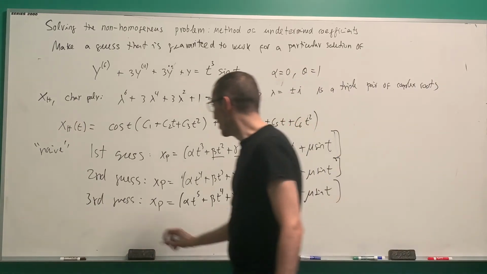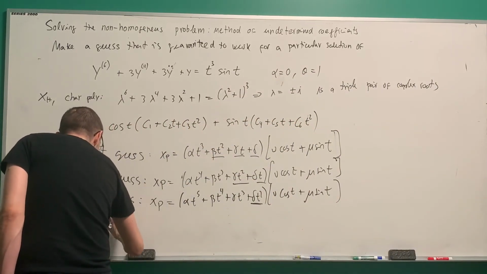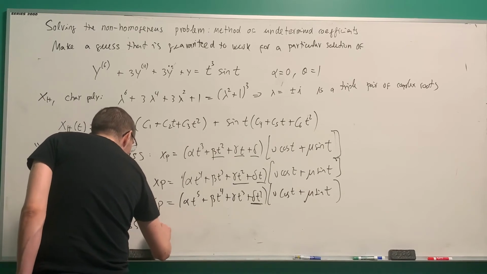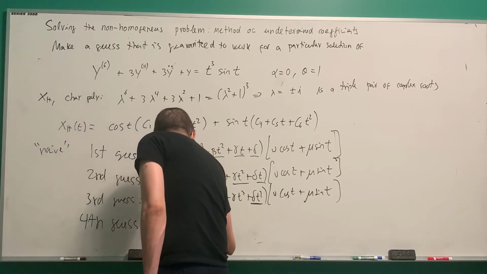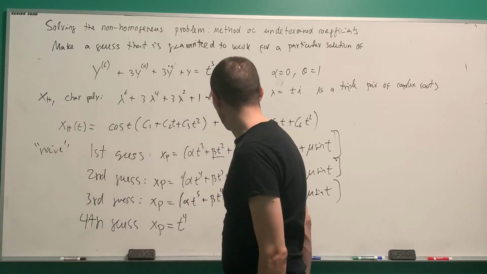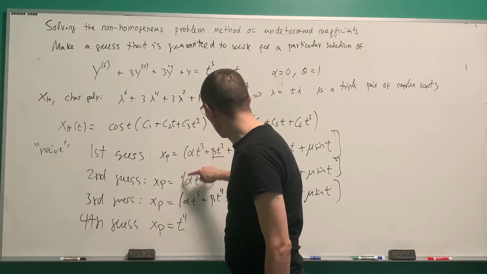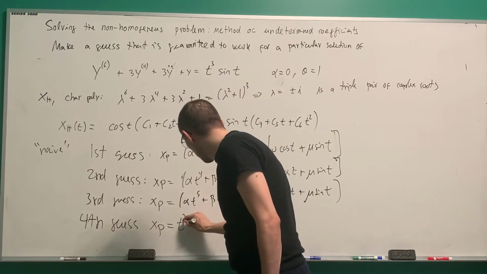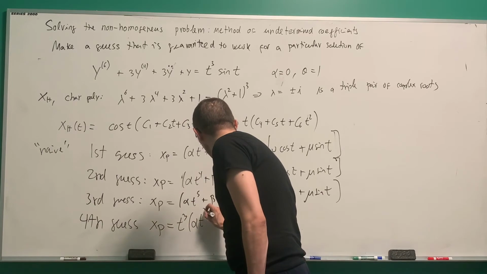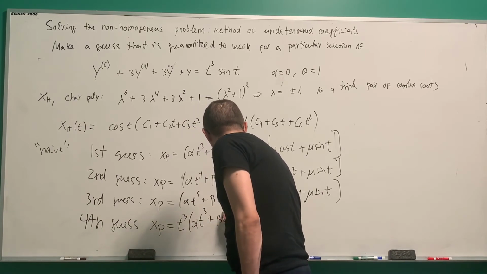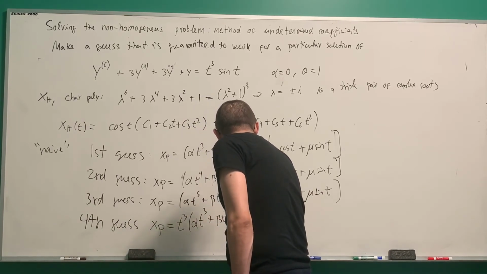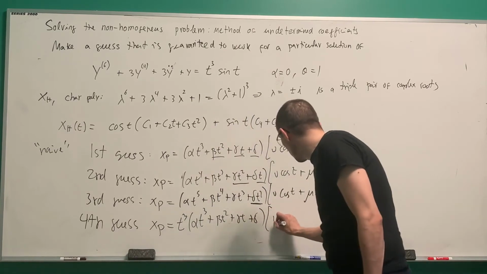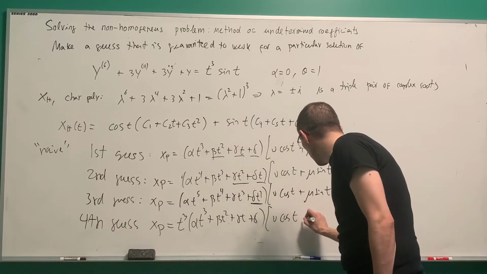So finally, the fourth and final guess is to multiply the original solution, alpha t cubed plus beta t squared plus gamma t plus delta, by t cubed, that multiplies nu cosine t plus